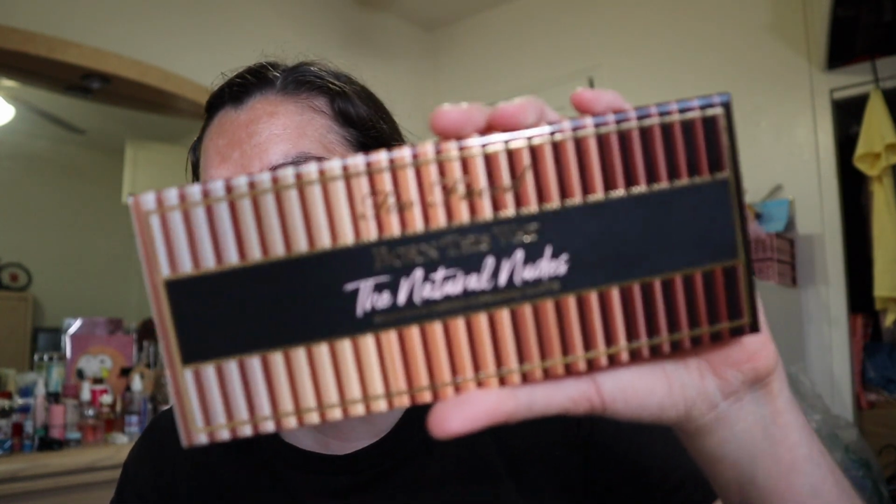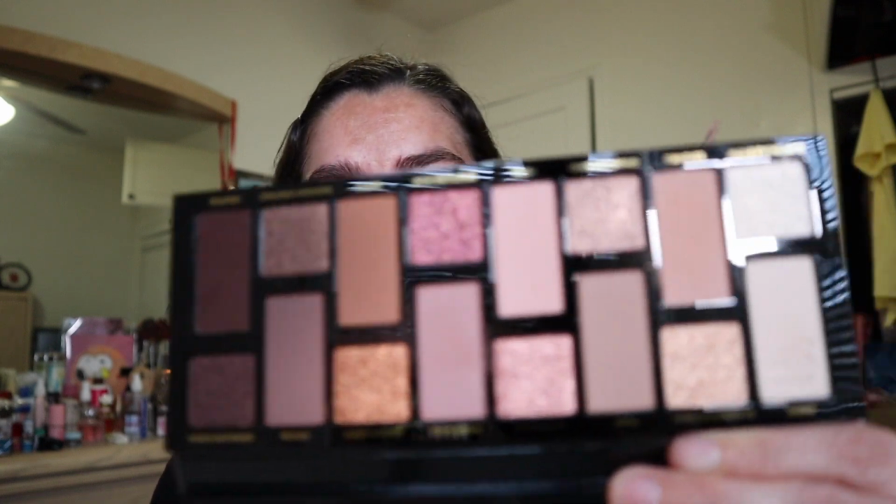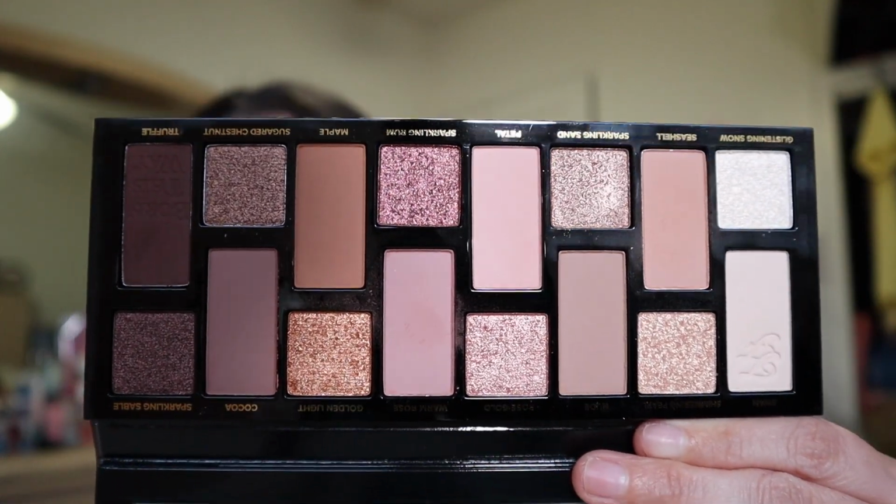Okay, so next palette would be from Too Faced, and it's called Born This Way, the Natural Nudes. And for this palette, I have only used it once, but the first time I did, I loved it. So it would be this palette. I love the mattes, I love the shimmers. It's such a beautiful palette. I could definitely see myself using this every day,